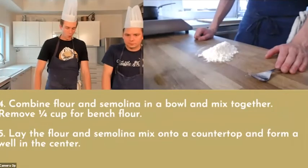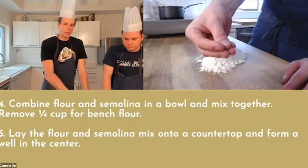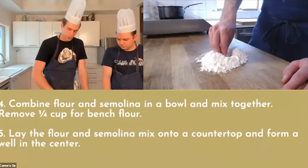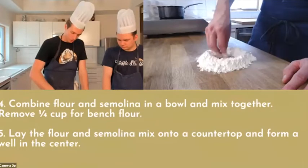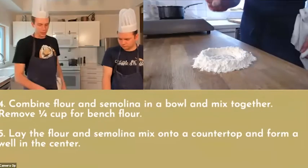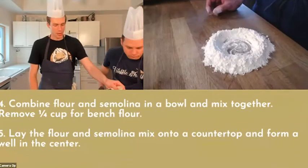And then what we're gonna do is we're gonna go in, like in Kung Fu, how they have crane style, right? We're gonna go right in the middle, and we're just gonna make a little hole right in the center of this flour, okay? And that's gonna be called our well. So again, we make that well in the middle of the flour, okay? You guys see that? So we're gonna make our little well,